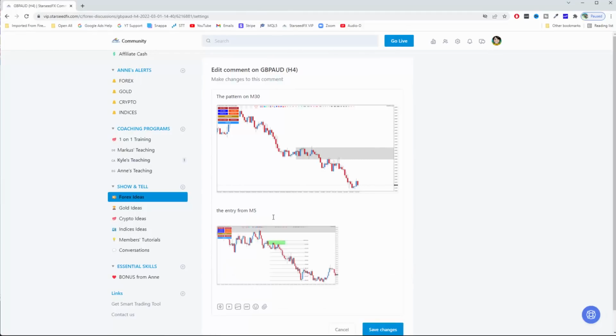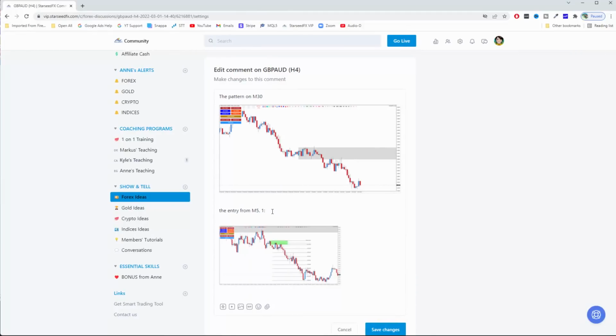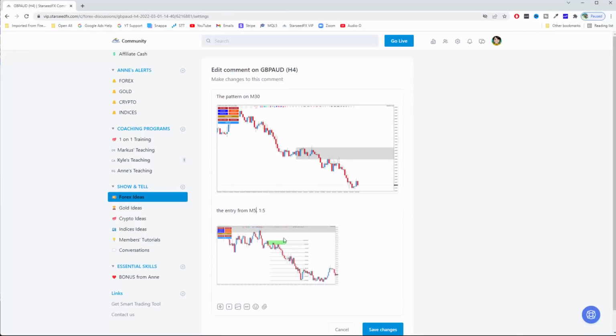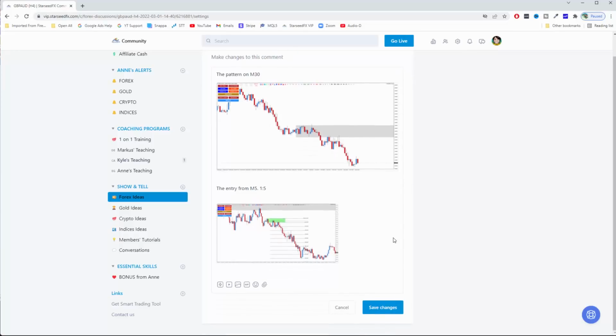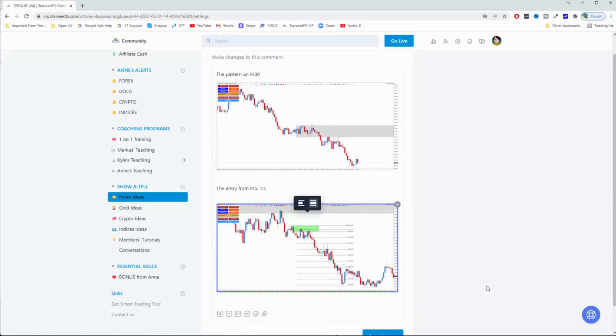There, 1 to 5, for example, because you are aiming 1 to 5, but this is actually 1 to 9 or 1 to 10, but let's just make it 1 to 5. So here, lose 1 and win 1, but basically you can scale in. Usually from 1 alert you can easily get 1 to 10, 1 to 15 by scaling, even sometimes more than 1 to 20. And then again, click on the image, click that one, so it becomes bigger, and then save changes.